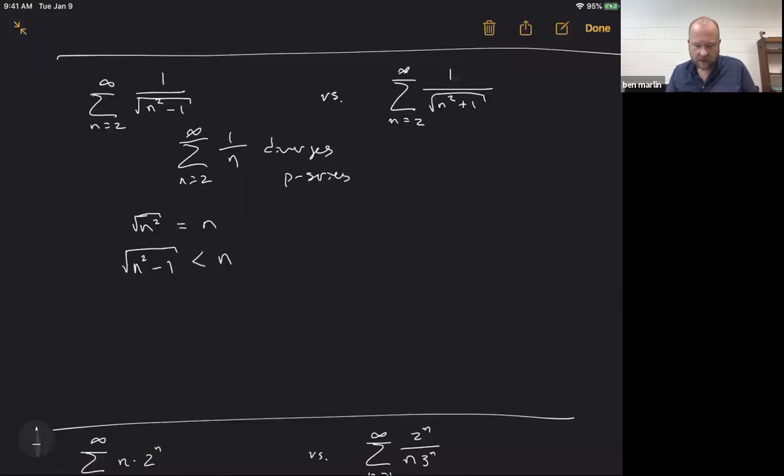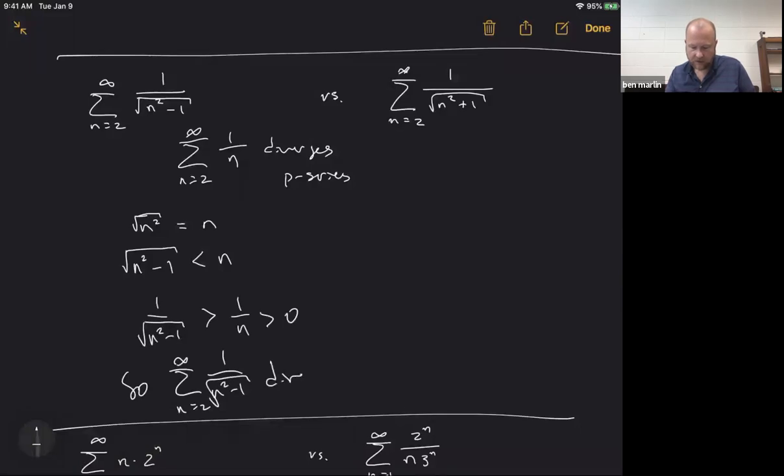And then when we take reciprocals, we will get something that's larger and still greater than 0. So summation n equals 2 to infinity 1 over the square root of n squared minus 1 diverges by direct comparison